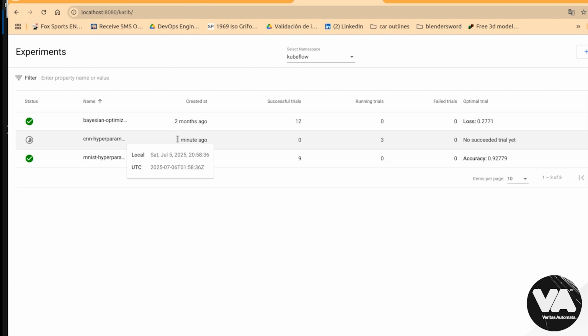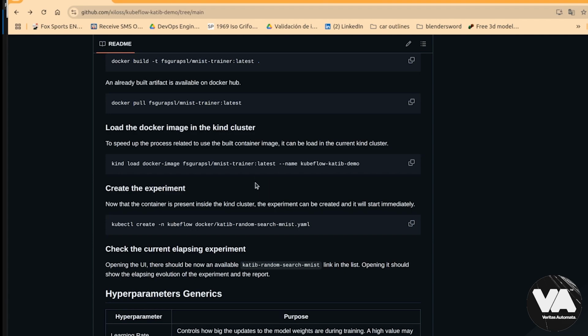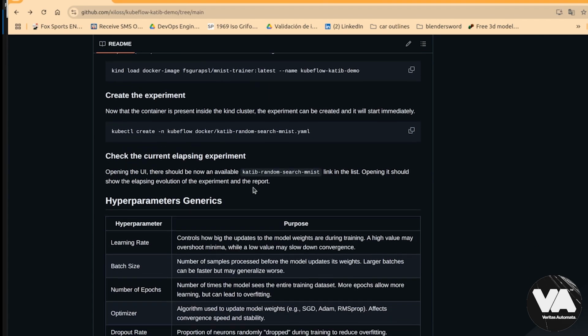Think that I'm running kind, so it's a process that is running inside Docker. It will be better to have a dedicated bare metal cluster or something that is really powerful in terms of resources to have a great experience on hyperparameter tuning. We leave it here and we come back to the README file to look at what we have here,